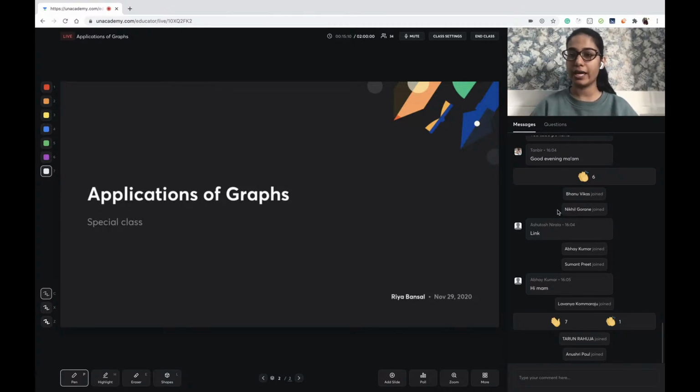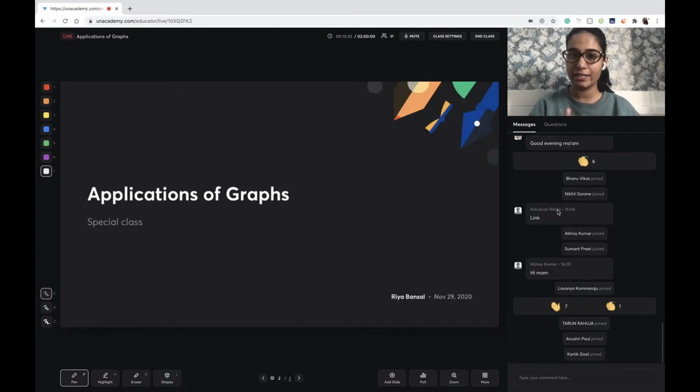What we are going through today is like a micro course, right? This was a 3 session course on graphs. We have already done 2 classes, in which in the first class we covered the very basics of graphs and how exactly a graph looks like as a data structure. In the second class we actually solved a few problems. We learned how we do graph traversals and how we go to each and every node and every other edge of the graph, and we did some problem solving as well, followed by a few implementations in graph